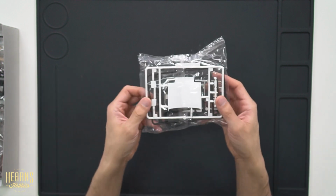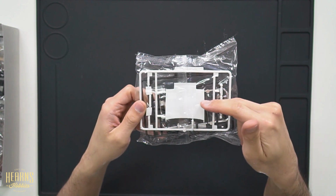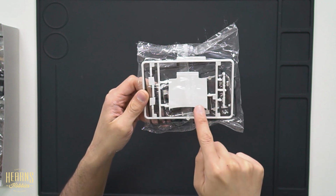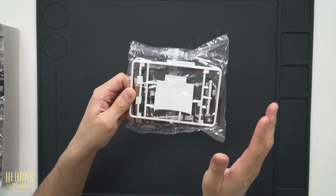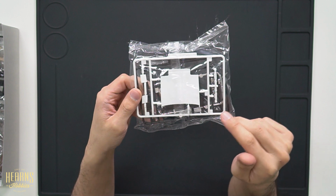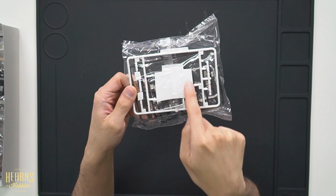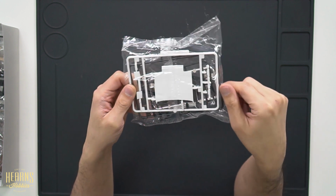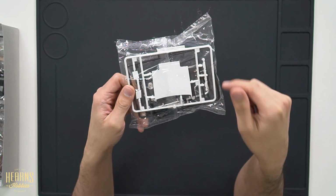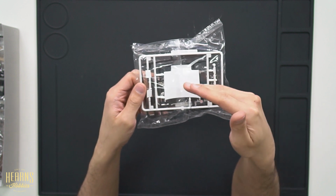Okay, so here we go with another multi-piece sprue. Now there's a white set and a black set. They're actually the same. So you have your choice of a white bonnet or a black bonnet, because the various versions of the particular car in the animation and the manga could have either. So they have the headlight covers available in white or black, and then the bonnet white or black. That makes it a bit easier, particularly if you're not really into painting,